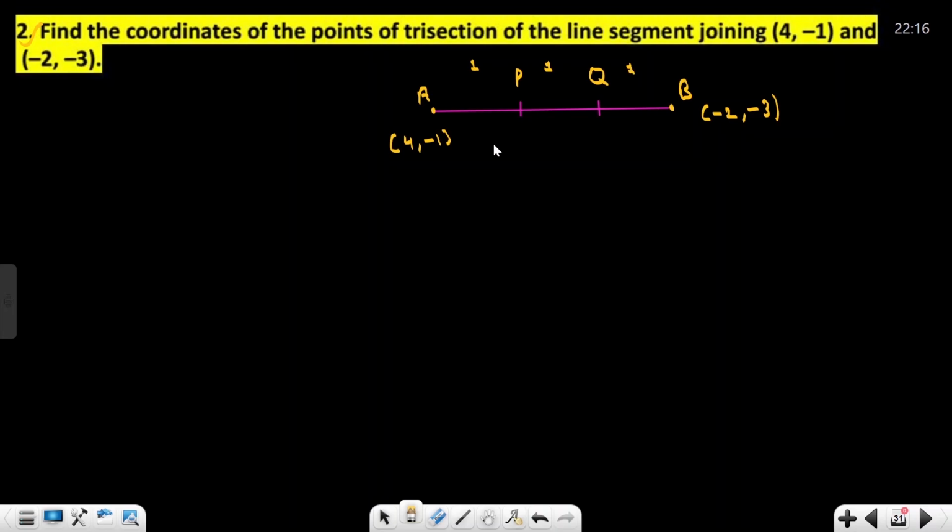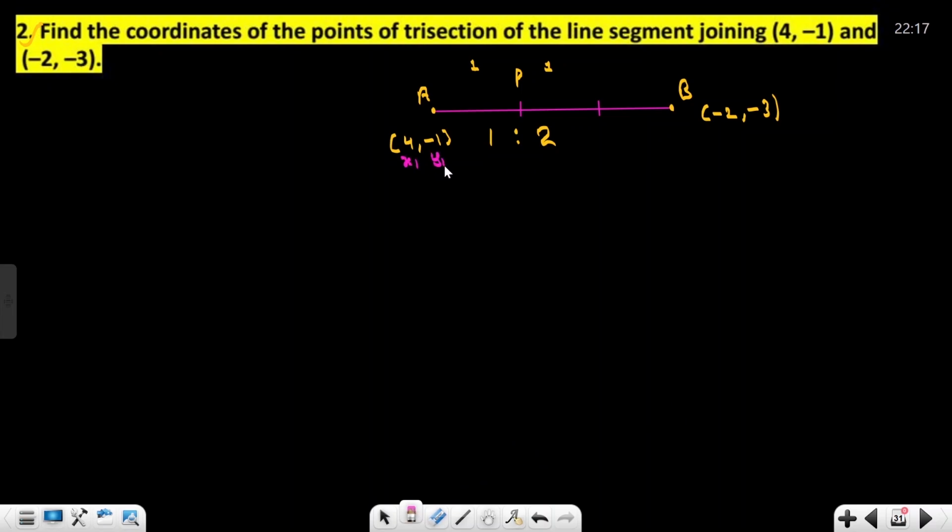So tell me, first of all, if we forget about point Q, suppose our target is to find the value of the P coordinate. How do we find the ratio for the P coordinate? How many parts in AP? Only one part. And on the other side, how many equal parts? 1 and 2. So for P, the ratio is 1 and 2. It becomes like the previous question.